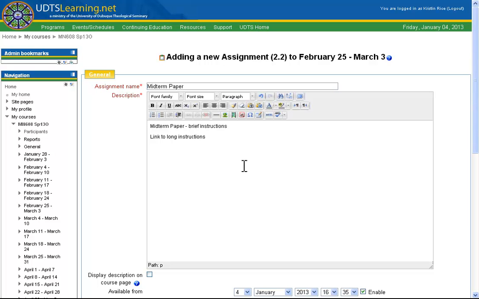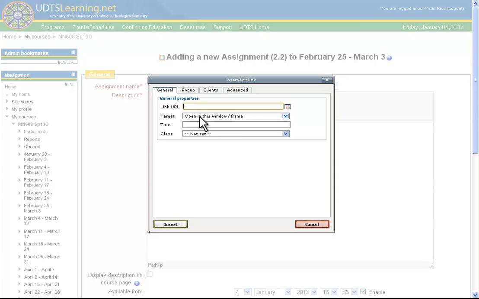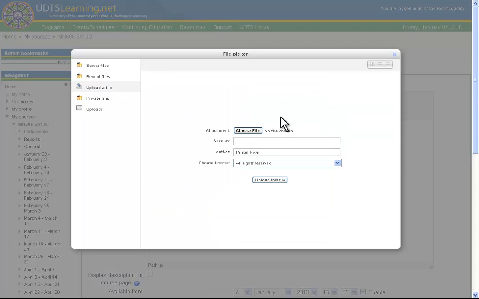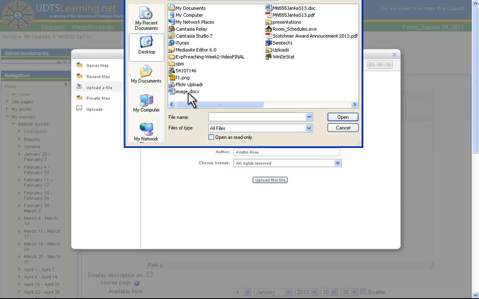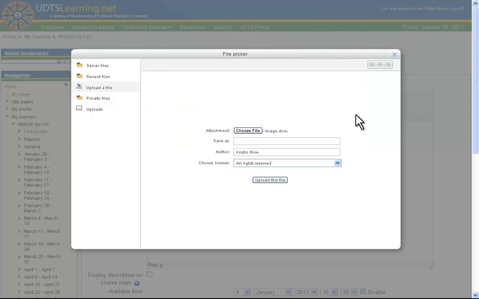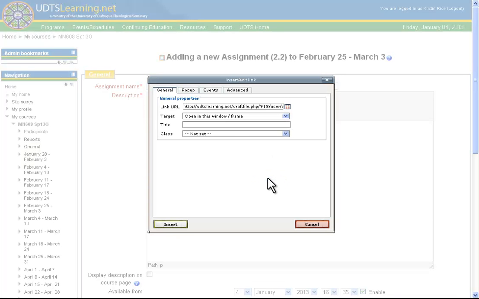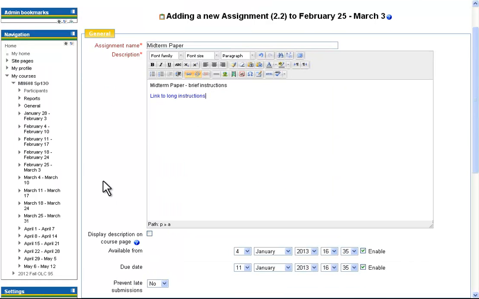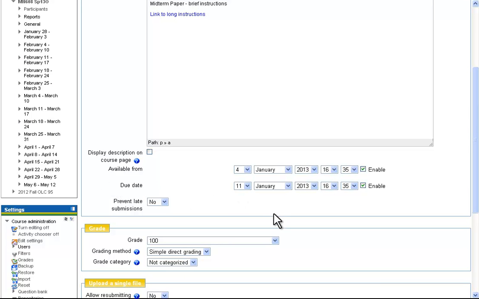So once you've got the words that you want to link, you highlight those, link to long instructions, and there is insert or edit link up here, and you can upload whatever file you wanted them to read. So let's say it's this one. Open, and this is instructions for paper. Upload this file and everything should be fine. You would click insert,